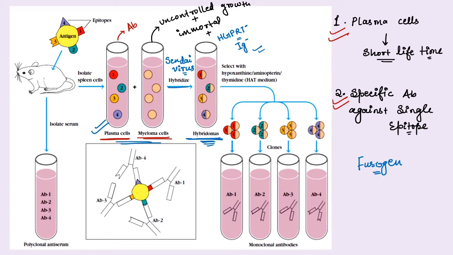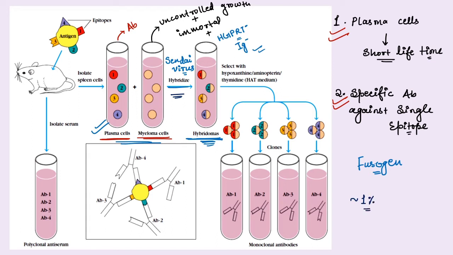These hybridoma cells have the property of both plasma cell and the myeloma cell. So for example, if you see this one, this has the property of the plasma cell that has been activated against epitope 1 as well as myeloma cell. So all the hybridoma will have the property of both the plasma cell and the myeloma cell. But this step is not as simple as it looks, okay? Because the hybridization or the fusion rate is very low. Only approximately 1% of the cells get fused and the rest of them are unfused.